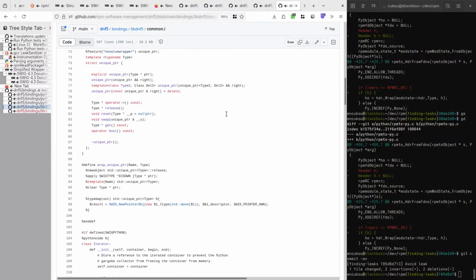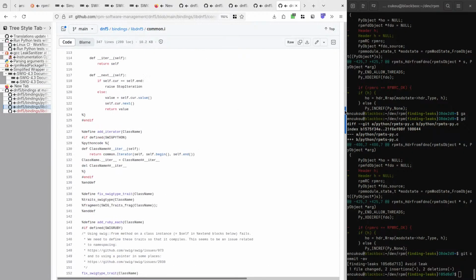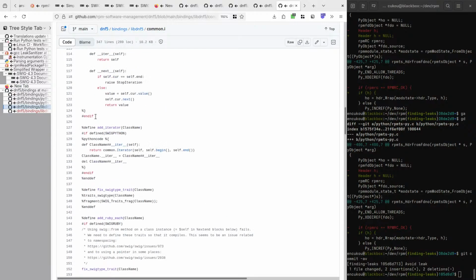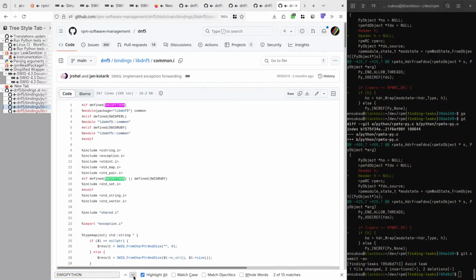Command.I. If defined Swig Python. Python code. Def class name iter. Okay. Yeah, so there's Swig Python stuff.